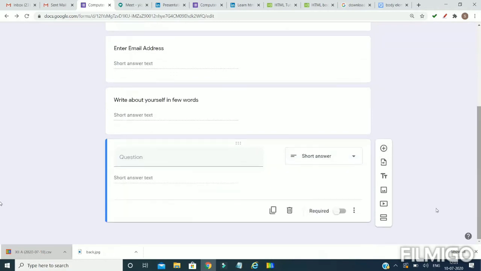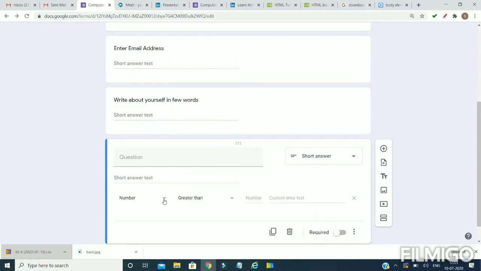Now I have taken response validation again. Now I am using the option regular expression. The regular expression is used when we want the student to write the thing exactly as specified by us, or we can use it in the manner like, again I want the user to enter the class, and this time I want the class to be written in Roman number only.